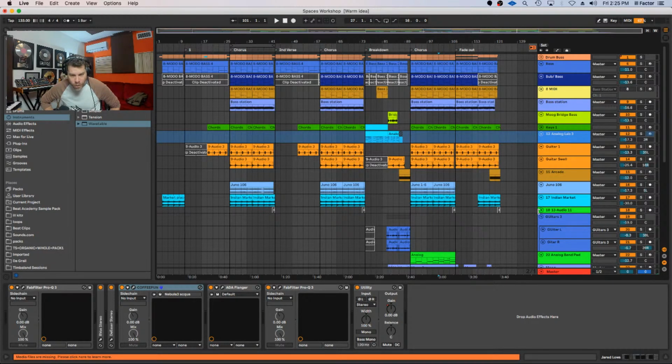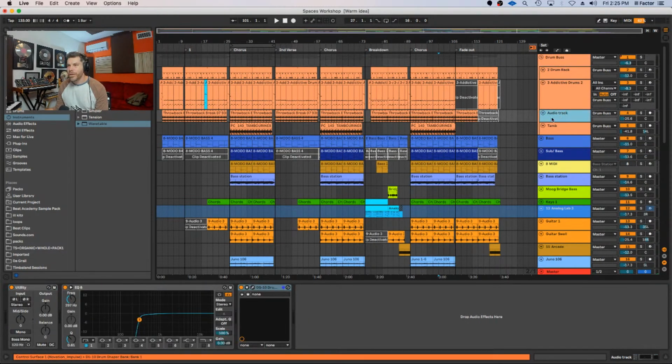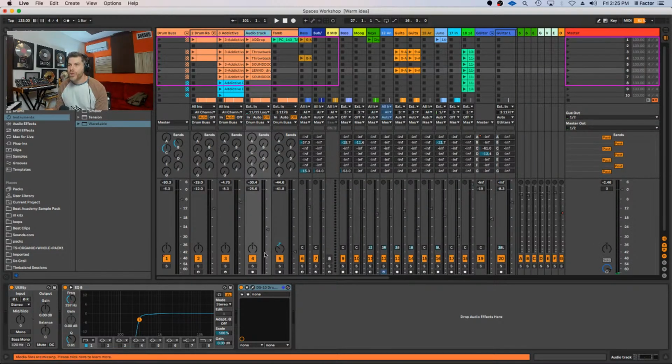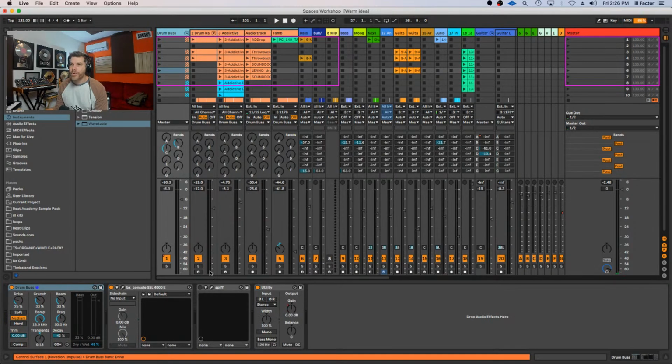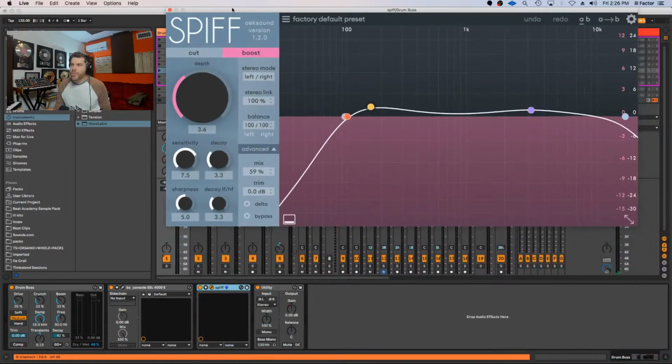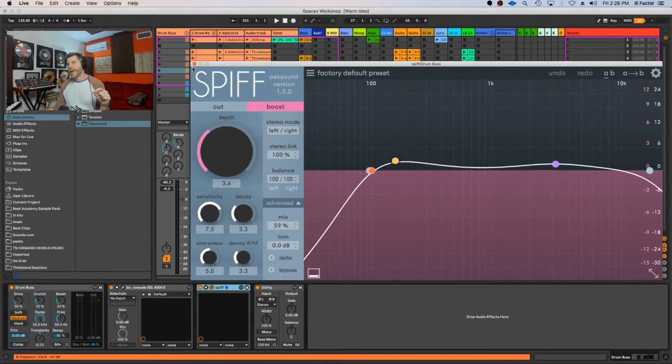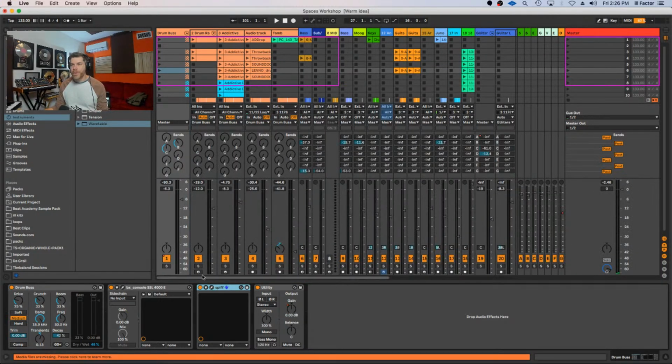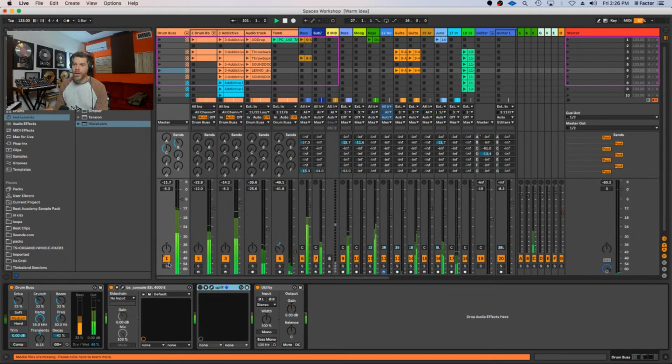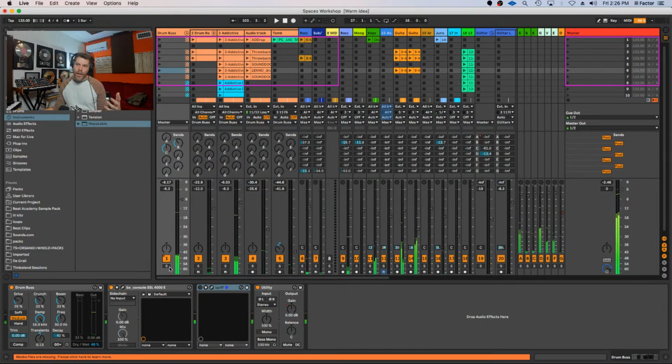What did you use Spiff on the Crackle drum layer? Wigbee, sorry. The Spiff on this track here? So I have Spiff here. Now, I had it off, and I was just A-Bing in my mix. What I was trying to do was get a little bit more punch, and I was testing it out with Spiff, but at the end of the day, in the context of the mix, I liked where they're at, so I ended up not even using Spiff.